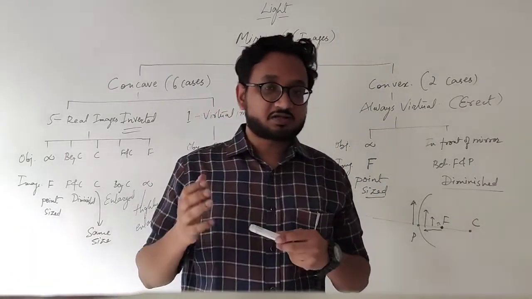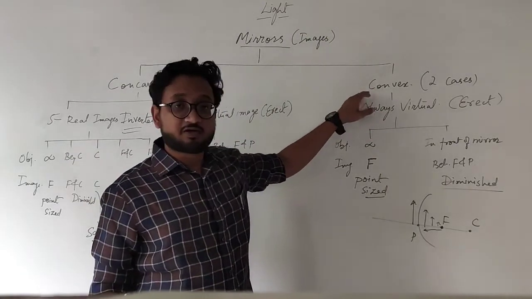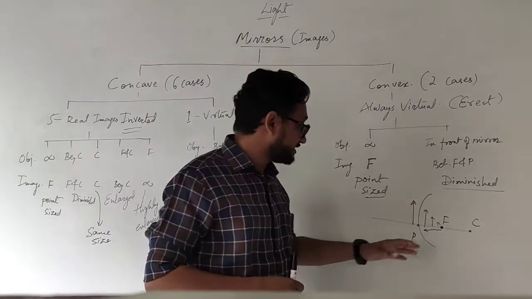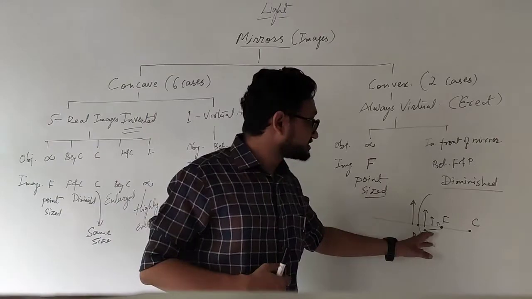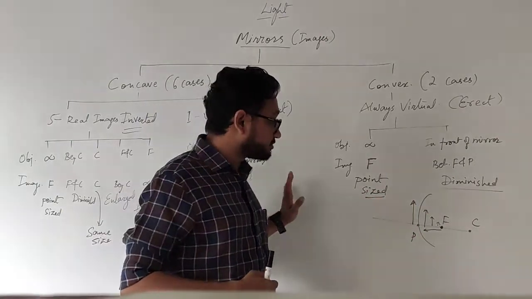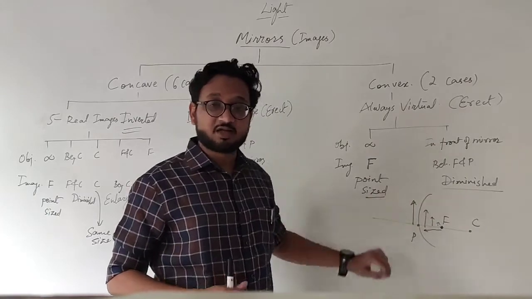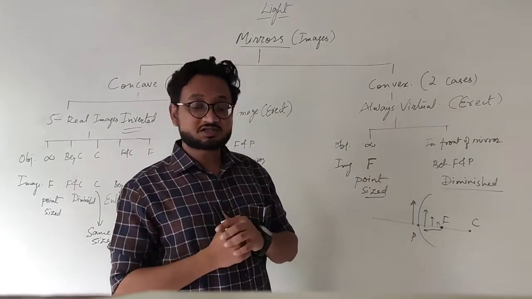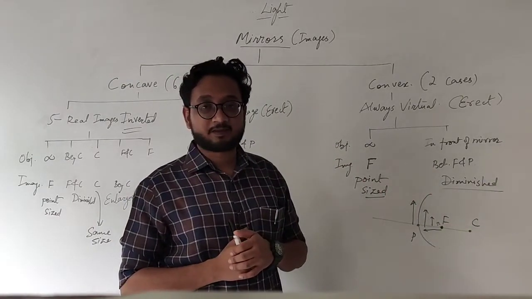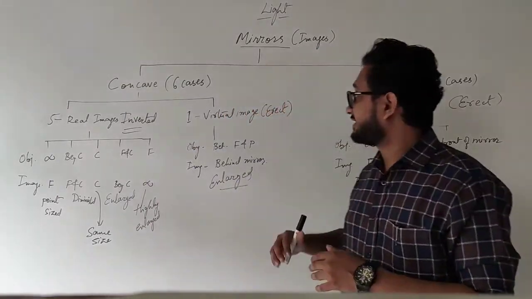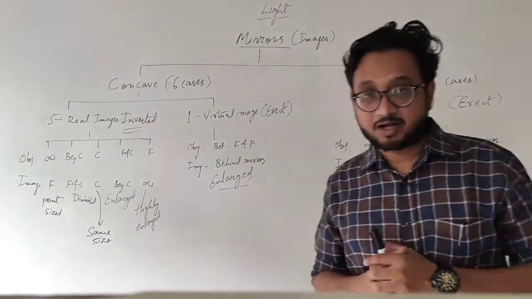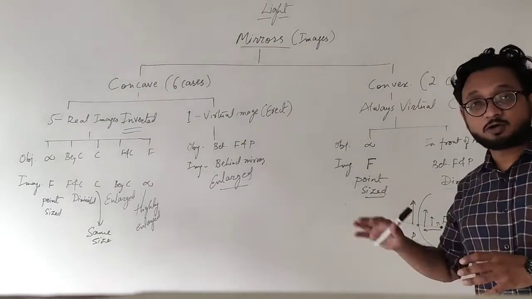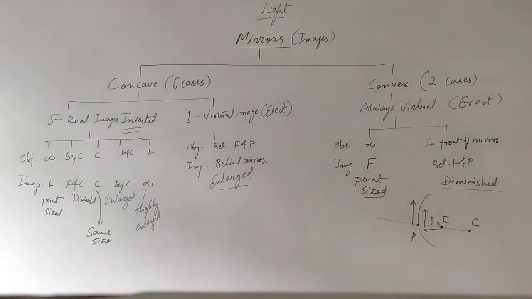So if there is a trick question in the examination that in the case of a convex mirror, we have obtained a virtual, erect and enlarged image, please explain this case, then you can say that in a convex mirror, the image can never be an enlarged image, because as you bring the object closer and closer, the image becomes larger and larger, but will never become as large as the object, because the image never goes beyond focus or beyond center of curvature. I hope it is clear to you, students. I have talked about everything regarding image formation by concave and convex mirrors. I'll let you have a look at the whole map; pause the video and check for yourself.